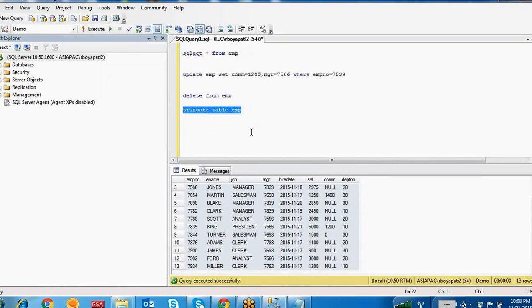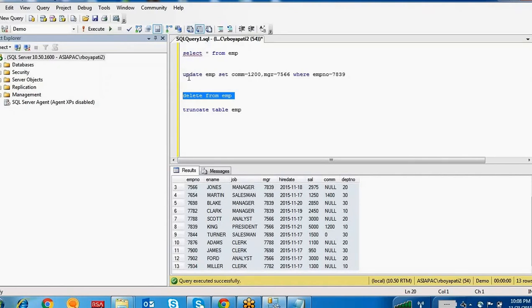is a DML command and this truncate statement is a DDL command. And one more difference between these two is that the delete statement is not deleting the data permanently, but truncate is removing the data inside a table permanently.